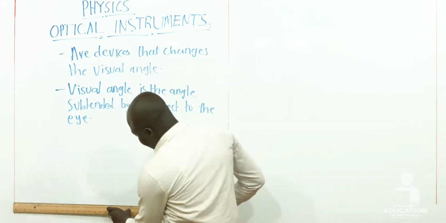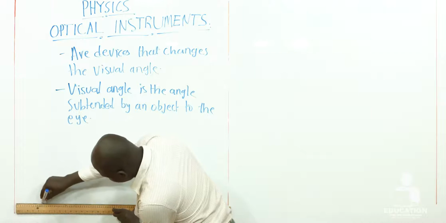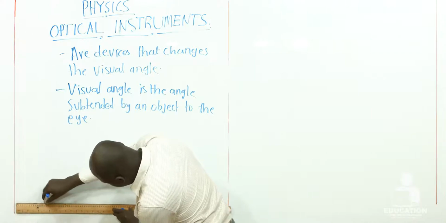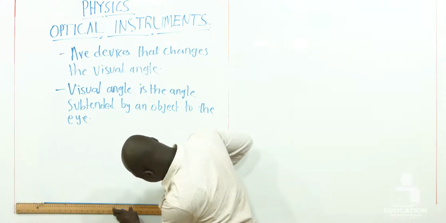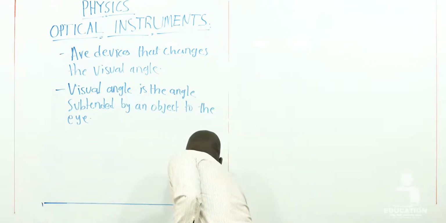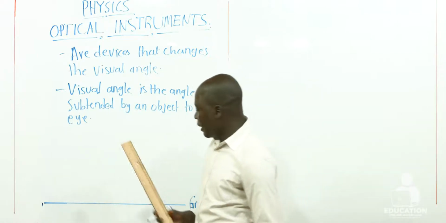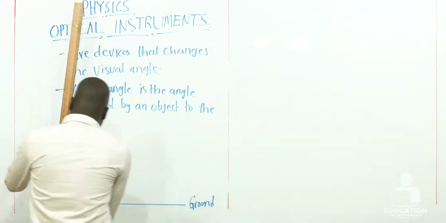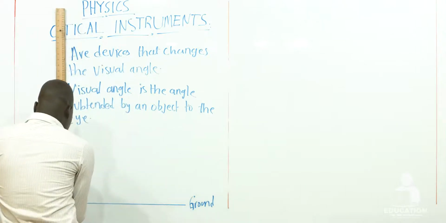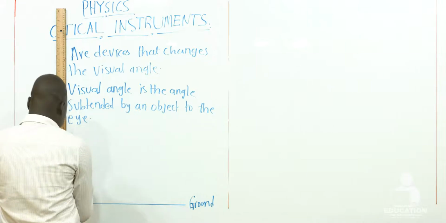So if we have different poles placed on a level ground, if this is the ground, a level ground, if different poles are placed on this level ground, if this is pole 1,